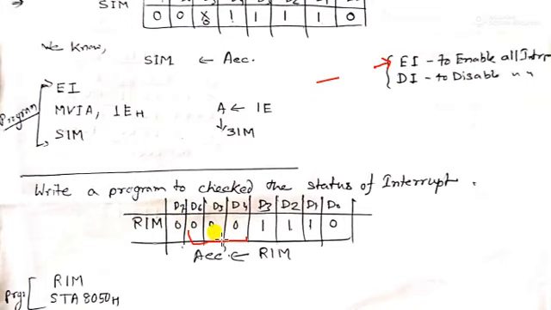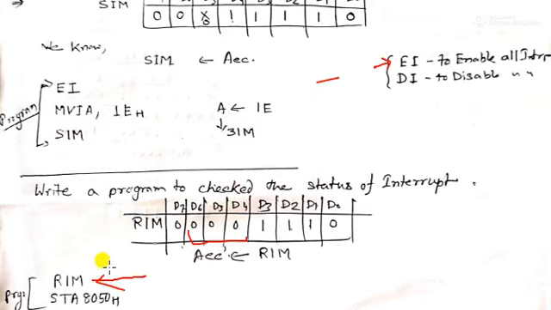Suppose in this condition we assume that all the interrupts are served. So this is the status that all the interrupts are served. No interrupt is in pending state, and this bit is 0. That means serial input data is 0. So this will be the frame format, and this is what it does if we use the RIM instruction.